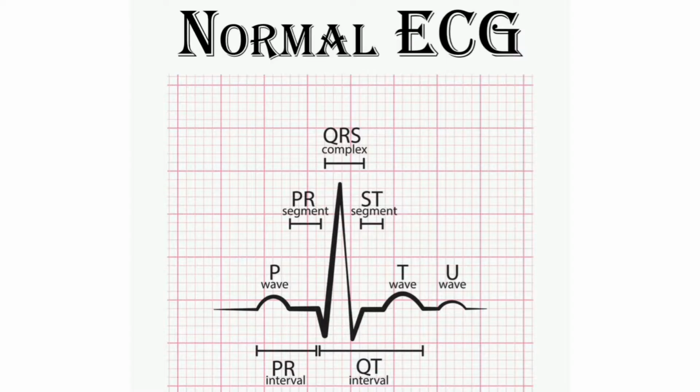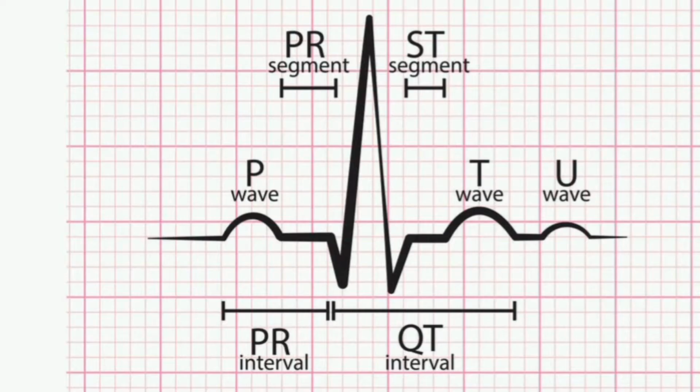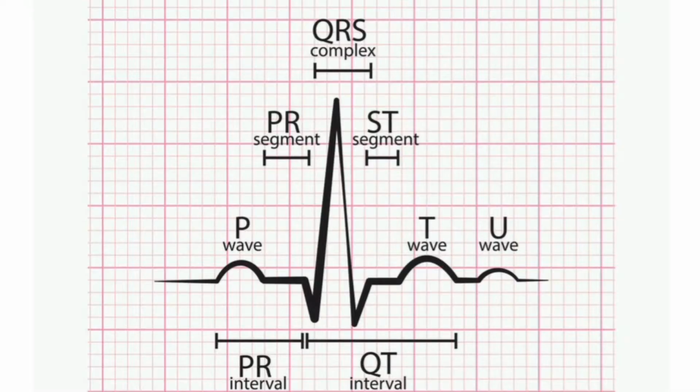Now let's discuss the reading of an ECG. An ECG consists of 5 peaks identified with the letters P to T, each corresponding to a specific electrical activity of the heart. Thus, what do these various letters imply? Let's start with the P wave. It is the first and foremost wave, of low amplitude. It represents the electrical excitation or depolarization of the atria, which leads to the contraction of both atria.